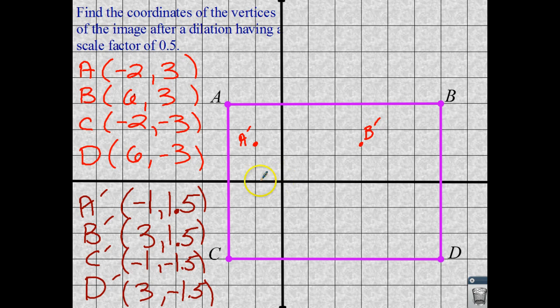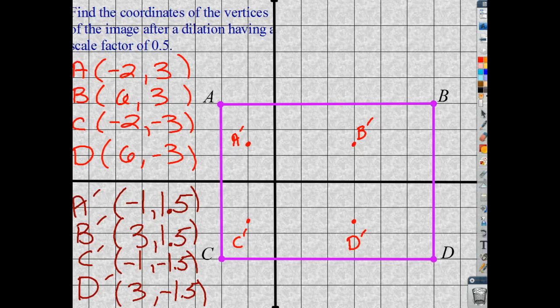C prime is now -1, -1.5, so there's -1, there's -1.5, C prime, and then 3, -1.5. So 1, 2, 3, -1.5, D prime. All right, take out your straight edge, and you have a, what is that? That is a shrink of the original figure by a scale factor